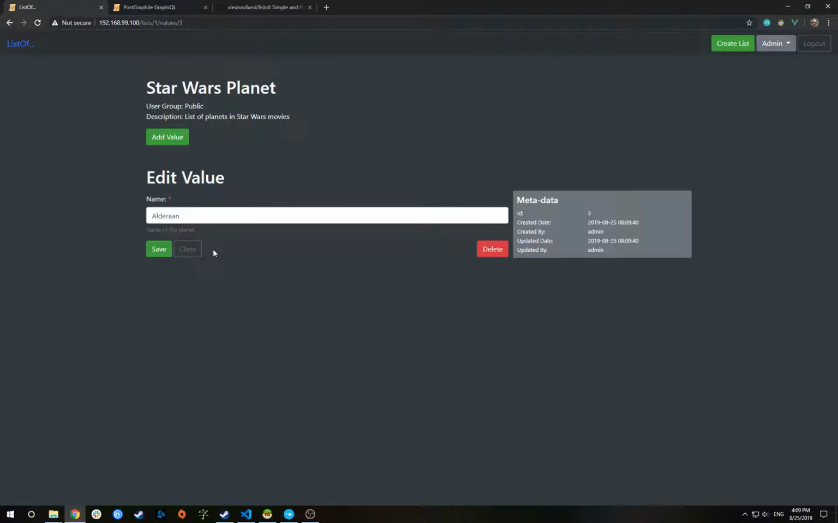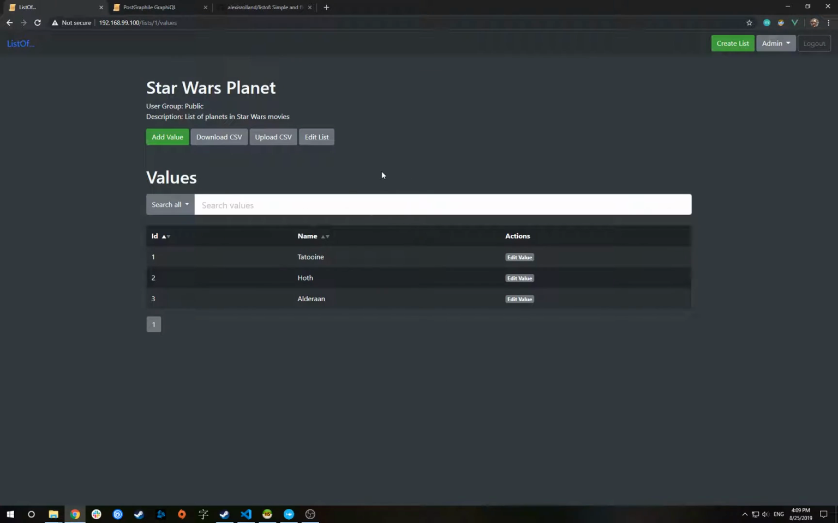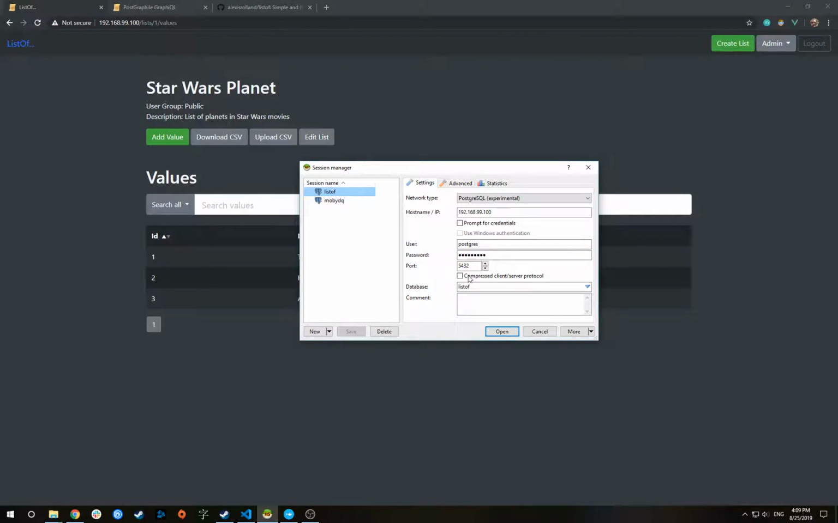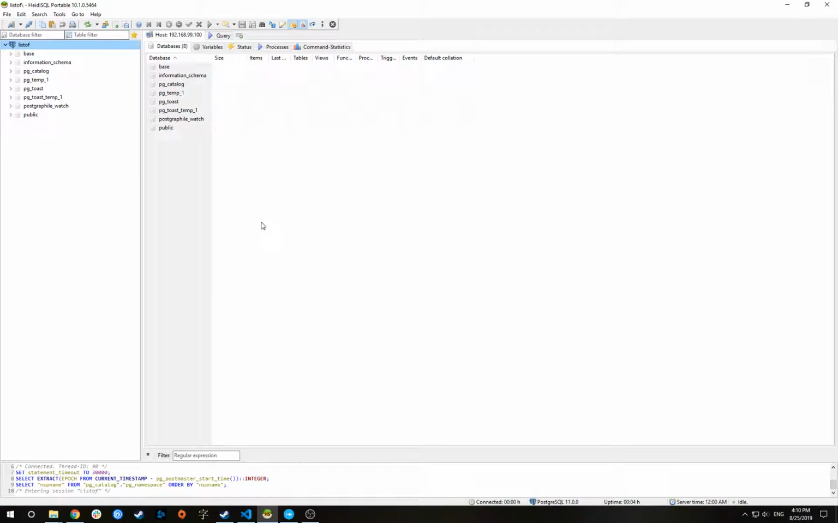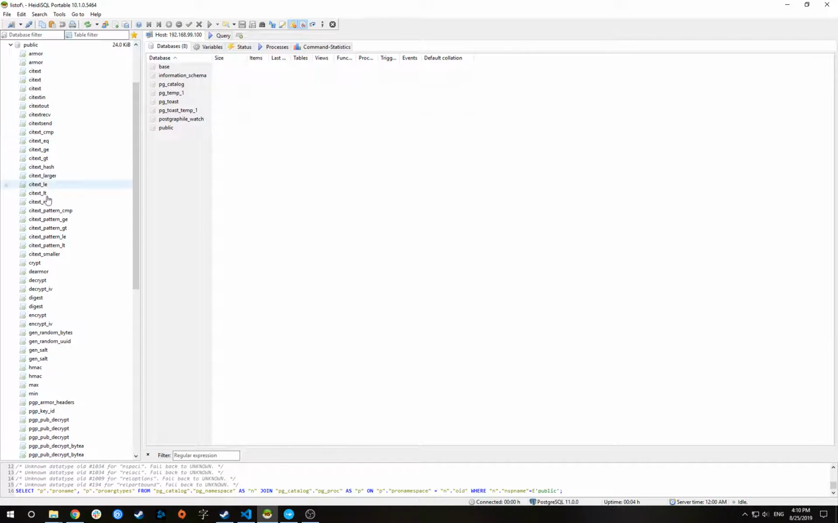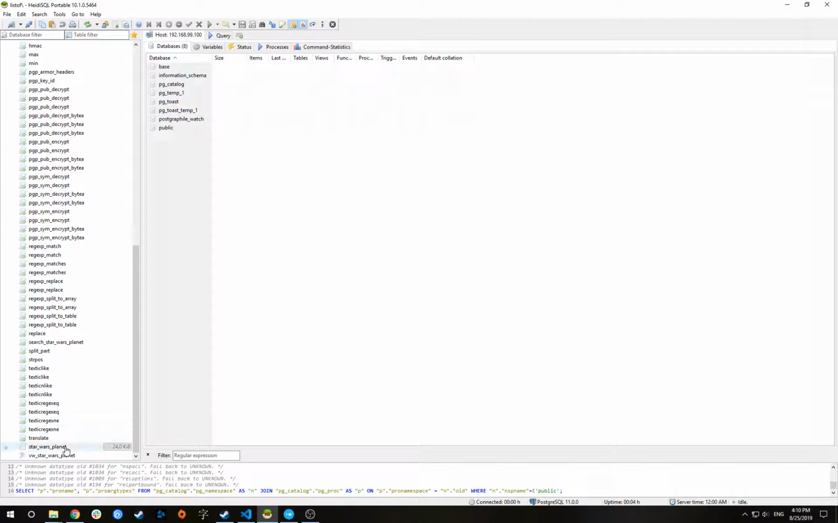Okay, let's take a minute to step back and see what happened in the backend once I have done all those steps. So I'm going to connect to the PostgreSQL database which powers ListOf. I have this SQL client here. It's connecting to my localhost with the user postgres and the password that was defined when setting up the tool. So let's connect, and if I go to the public schema, I will see a table called Star